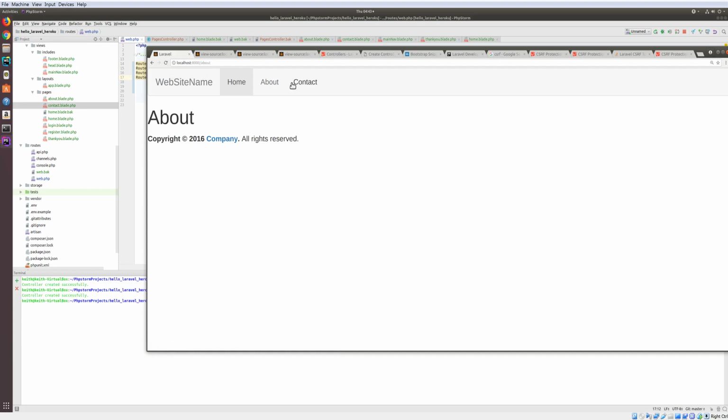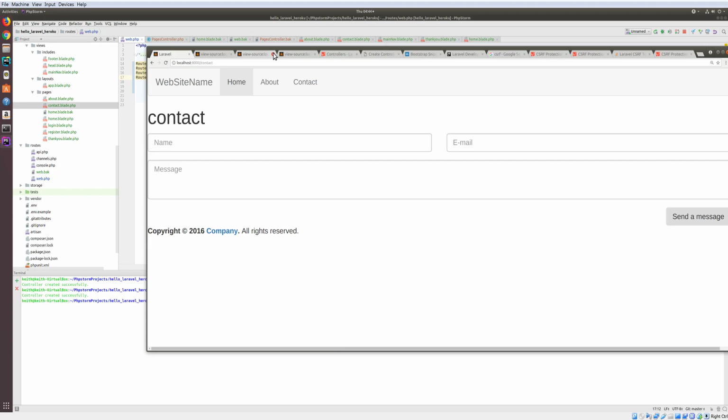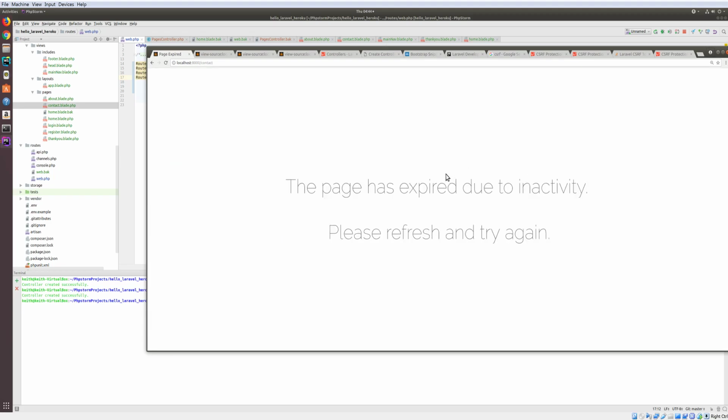All right, so here's about contact. I can type something in here, and I'm going to send it. And it's going to say page has expired due to inactivity. All right, so